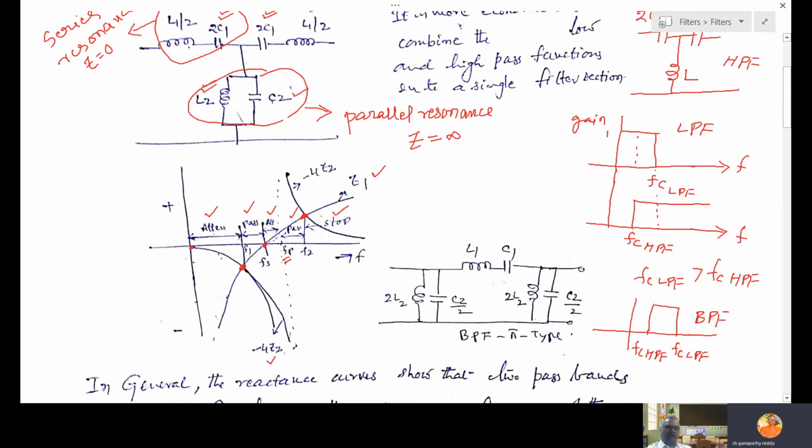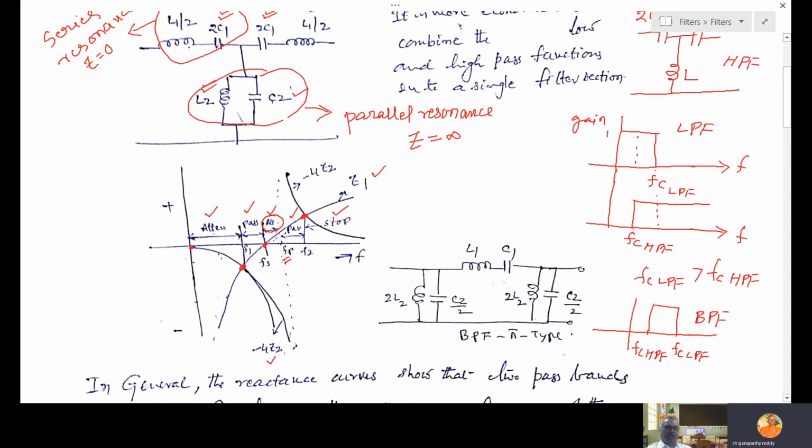So many bands are changing: attenuation, pass, again attenuation band. But it is not working like a band pass filter. To make it work like a band pass filter, the simple magic is that this attenuation band should be eliminated. If this attenuation band is eliminated, the pass bands merge. It begins with the stop band, then the pass band, and ends with the stop band. Therefore, it works excellently like a band pass filter.